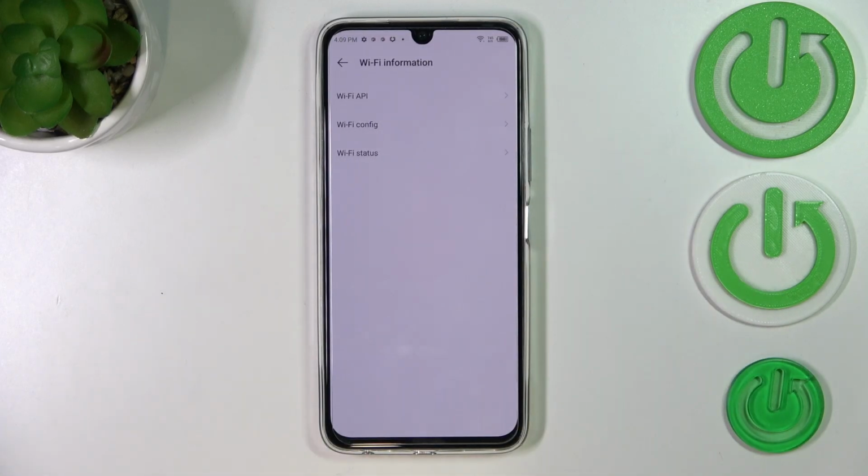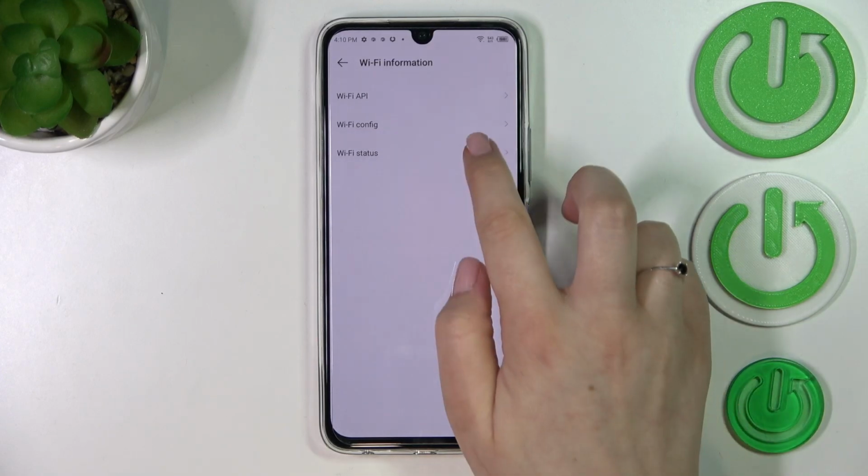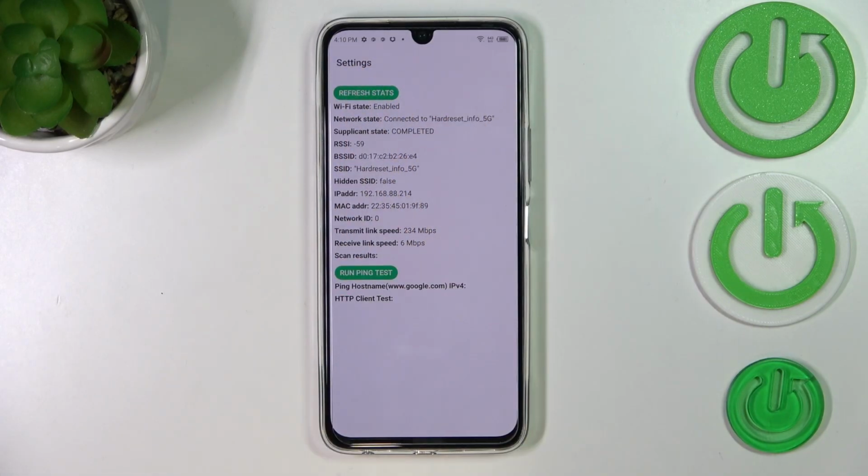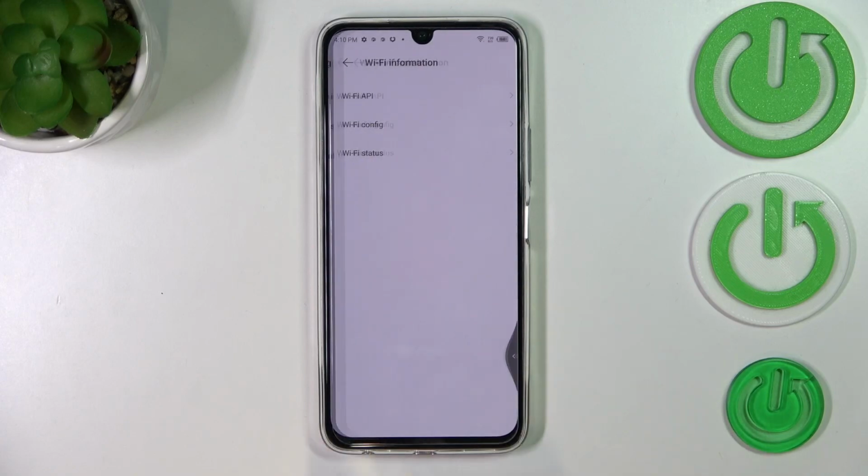Here we've got the Wi-Fi information, so here we've got the API configuration and the status. Let me, for example, check the status. We can refresh the stats just by tapping here, and as you can see, we've got the information such as the network state, SSID, or network ID. We can also run ping test here, and let me go back because that's all for this code,